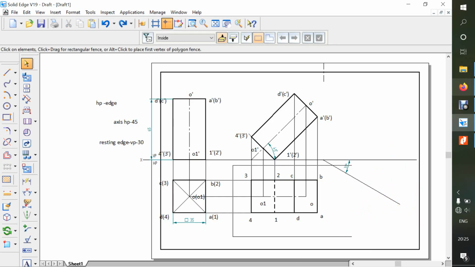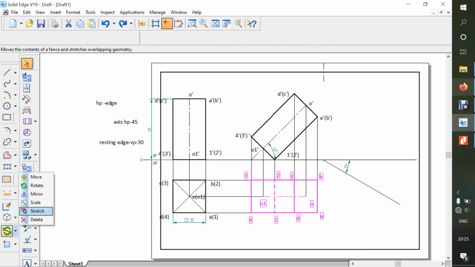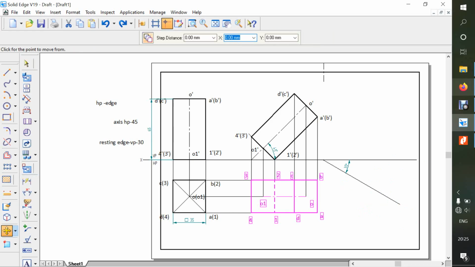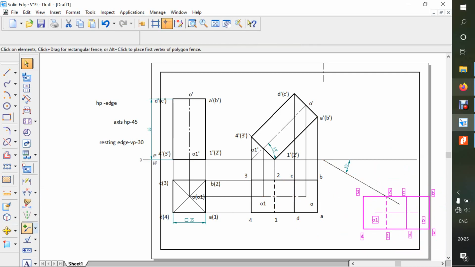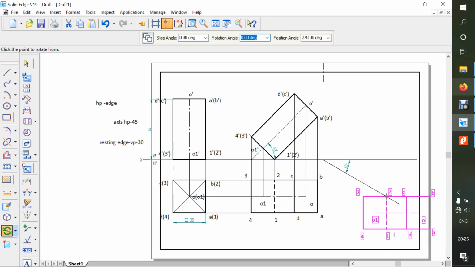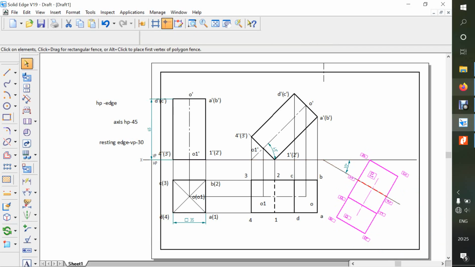So what we have to do: take this once again, go to the move. Okay, copy on a 2, a little bit downward. Okay, go to the rotate, copy off 2 and 1, place it like this. Okay, so a little bit downward. Now again copy off,